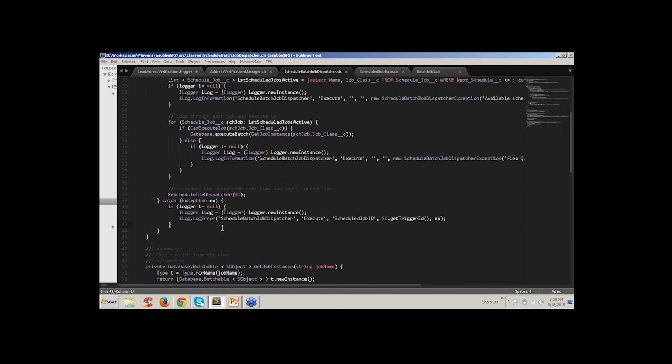If possible, it is also good, and in this example I have not done that, in the catch exception we could log that particular error and try to reschedule the dispatcher once again. If it is an utter failure at that time also, then maybe we could exit. But if we are able to reschedule the dispatcher at that second retry, that's going to save our business from stopping, right? It'll easily restart itself. So you have to design all these things so that it has a self-healing kind of capability in it.